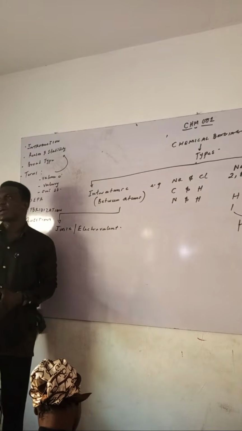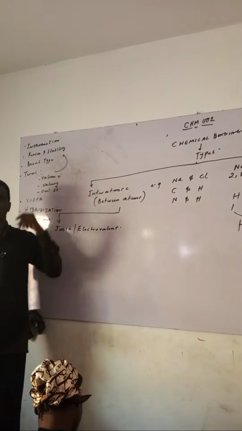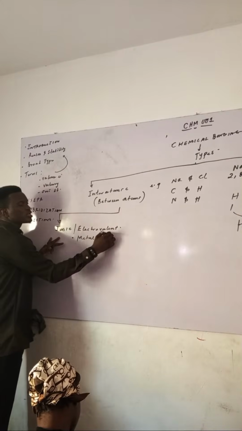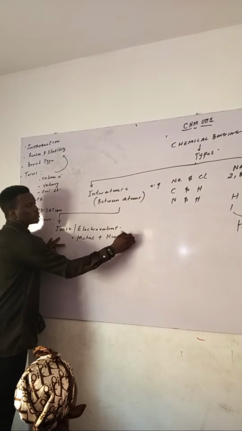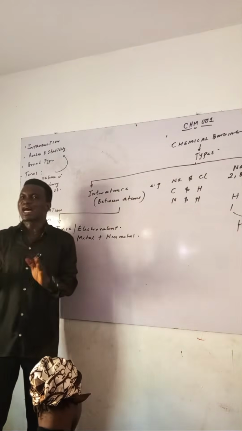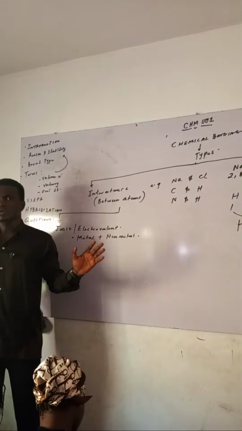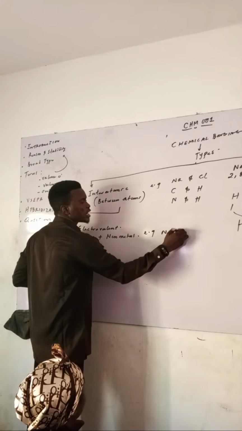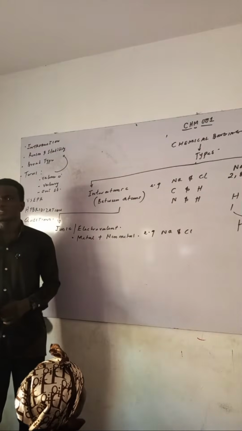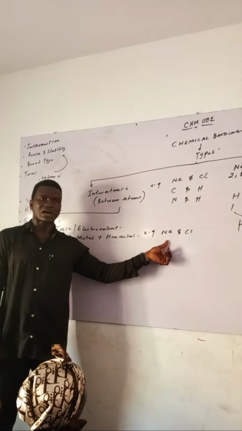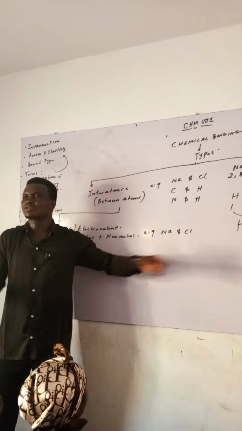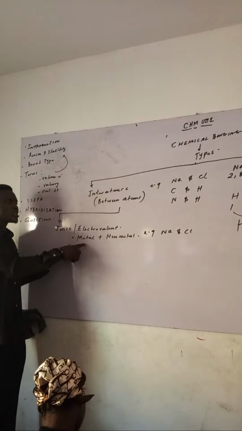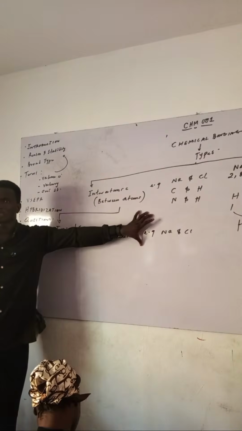So let's look at the different ways they can ask you questions on this. Anytime you see a metal that is linking with a non-metal, when they ask you, just know that that is most likely ionic. When they tell you, take sodium and chlorine, for example, and then ask what type of bond is present? Sodium is what? A metal. Chlorine is what? A non-metal. Just know that's ionic. Do you understand that? So whenever you see a metal joined to a non-metal, that is ionic bonding.